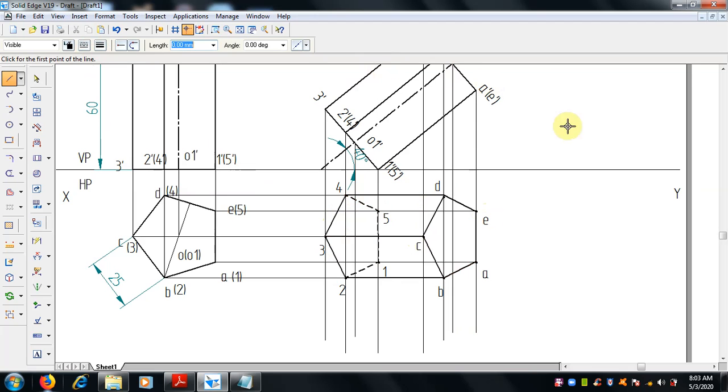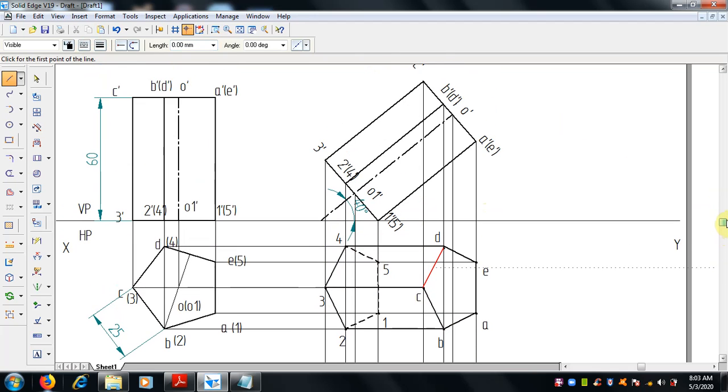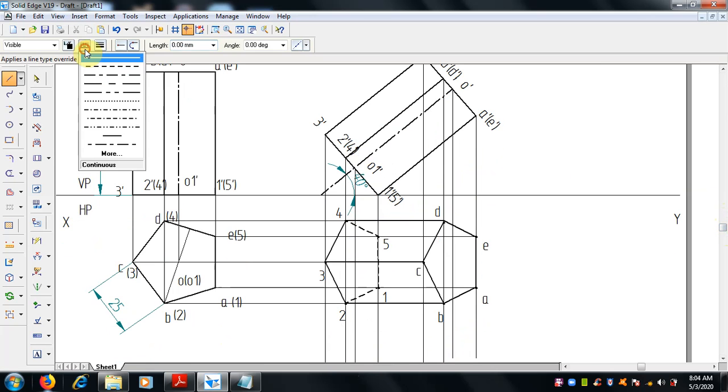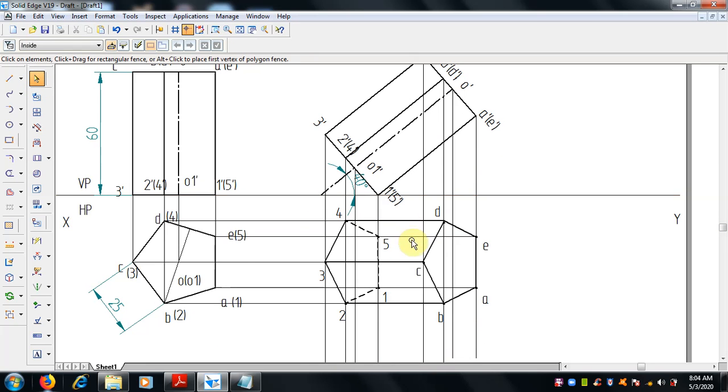Now this 3C is visible from the top, and 2 to B and 4 to D, only these can be visible. The remaining edge, this 1, 5 edge, is hidden along with that, so we have to select hidden line. Already we have done the line, so no problem. Otherwise select the hidden line, 0.5 mm thickness. So this 5 to E is hidden, as well as this end of 1 to A is hidden.